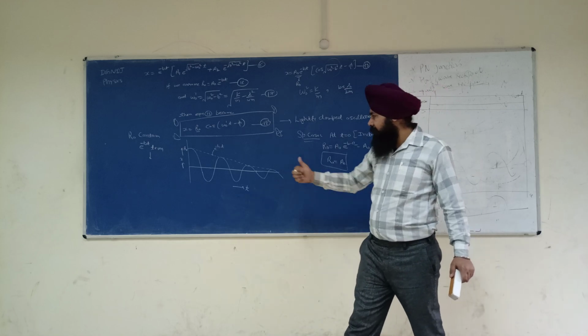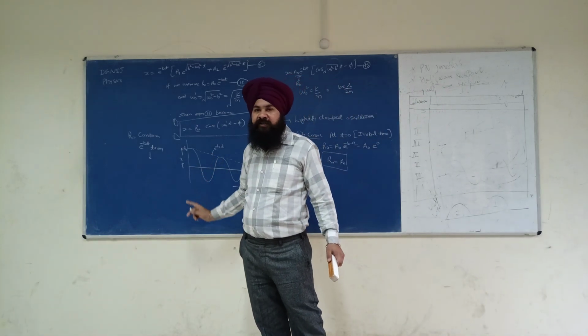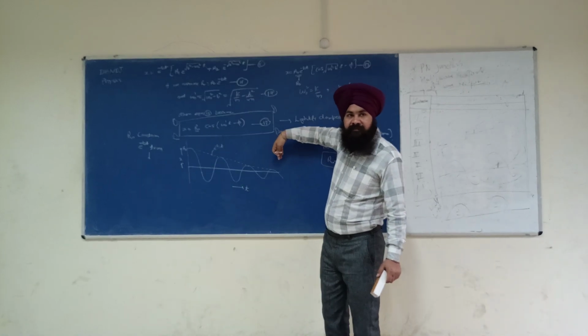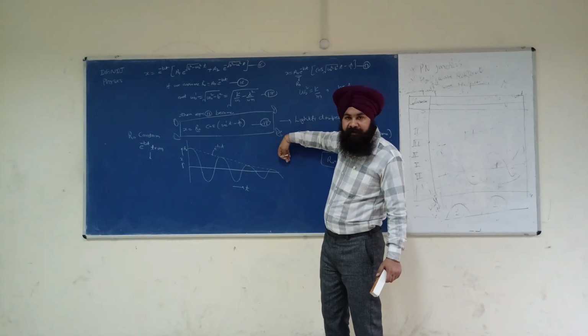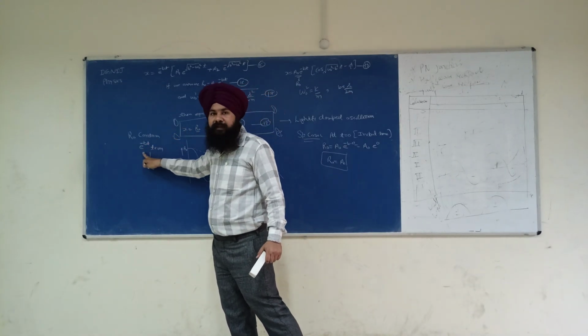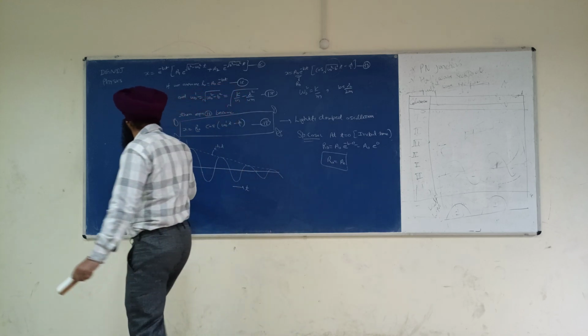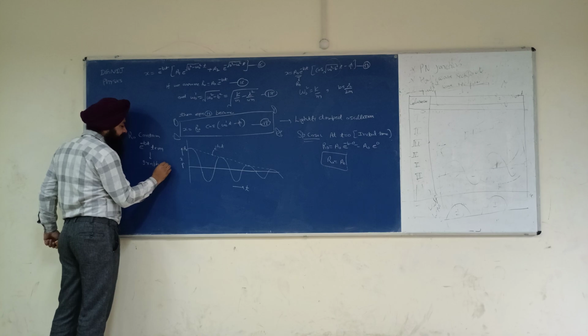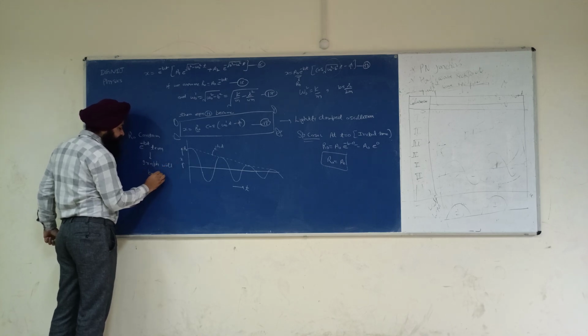Now I will explain this for the international students, in English. See, the graph is like an exponential. Why? Because this displacement contains r naught and r naught contains e to the power minus b t. So the graph will be exponentially decaying.